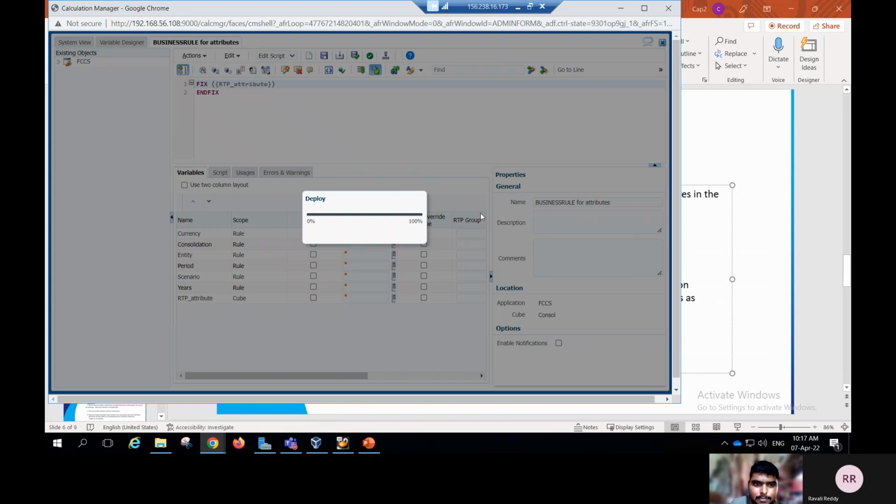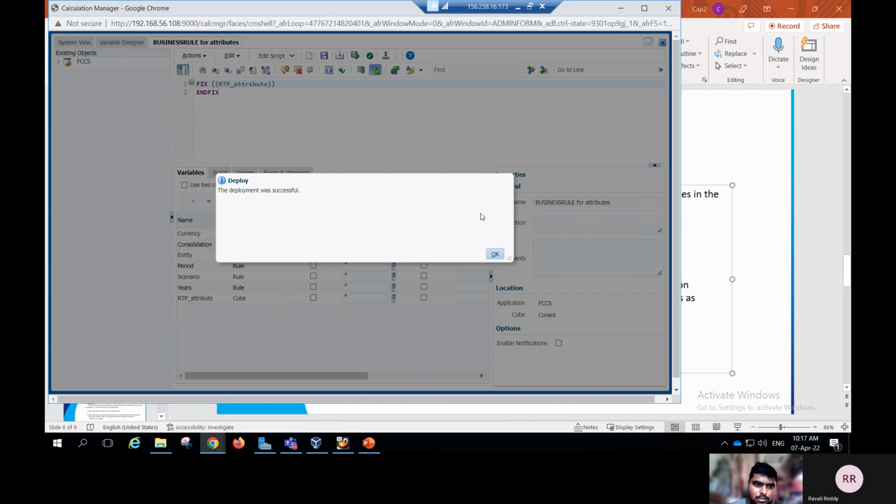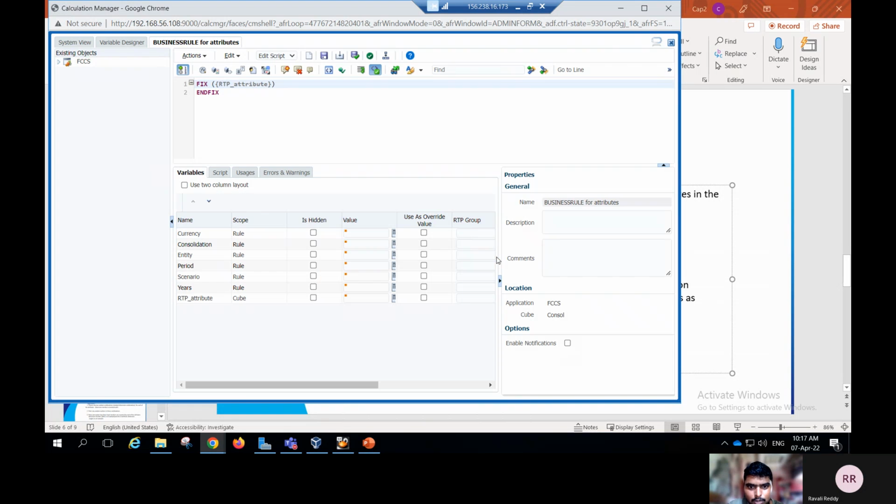You can launch a business rule in three ways. One is you can launch the business rule in calculation manager, and also launch the business rules at the application level. Also you can launch the business rules in the SmartView. Now I'll show you how to assign the attribute functions in the business rule. After clicking on the fix up,